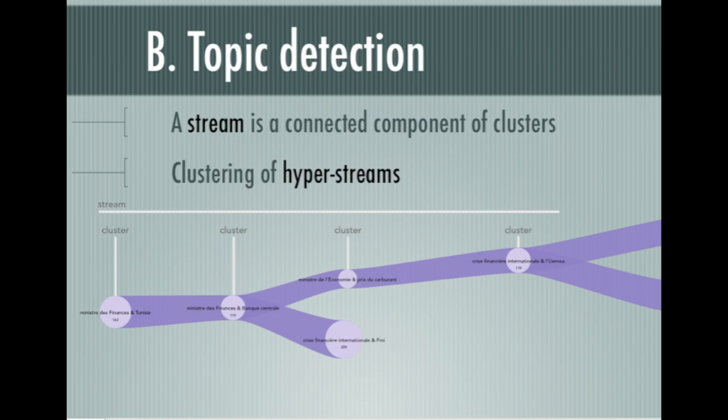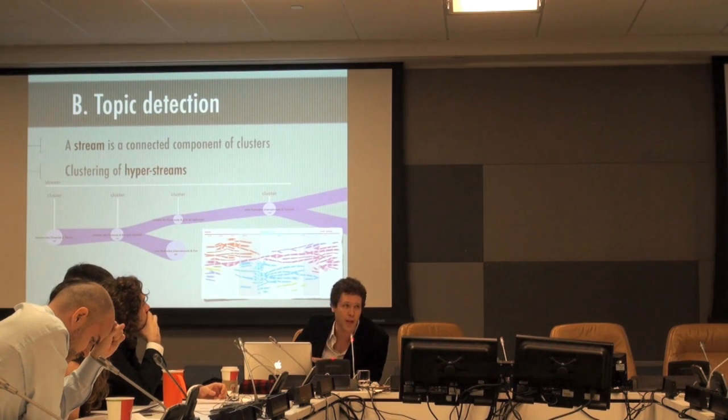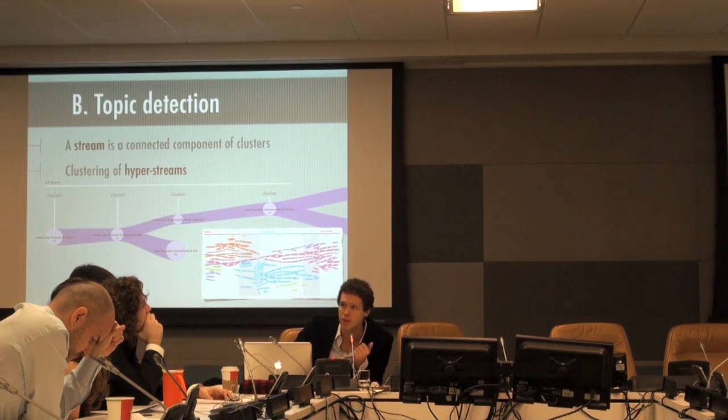And eventually we have a stream that is a connected component of those clusters that shows the evolution of the issue framing across time for a specific group of notions that are similar. And eventually we are clustering those streams into hyperstreams that describe broad issue frames. So we have a multi-scale analysis of the different issue frames that we have at very local level, clusters, and then streams, and then hyperstreams. That creates an automatic history that is being integrated into a platform,